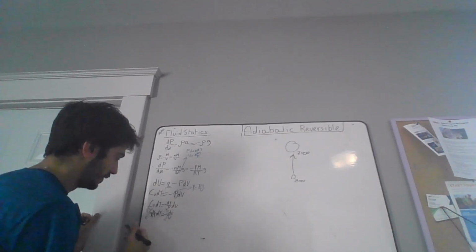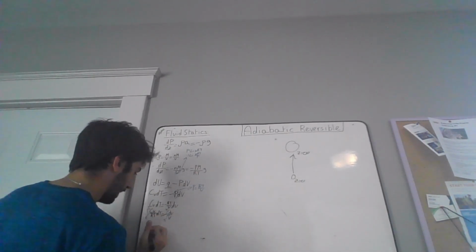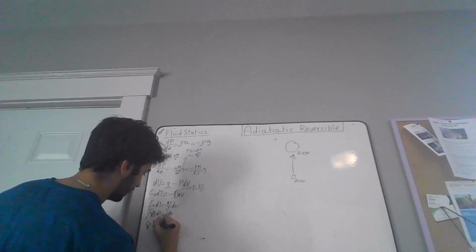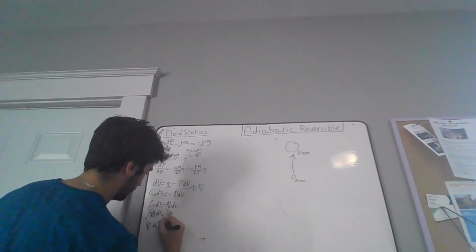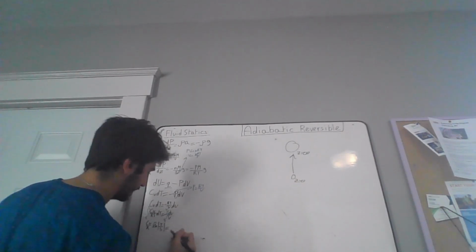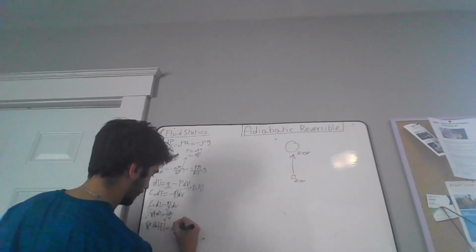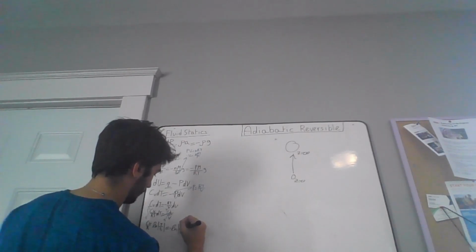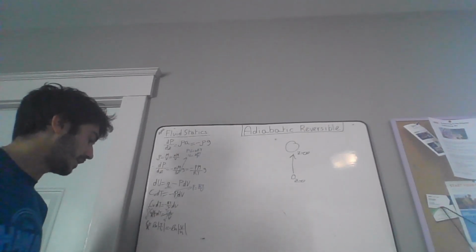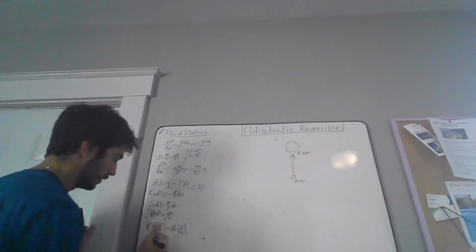So on the left hand side, CV over R is a constant, so that remains that way. So we have CV over R, and then we have the integral of 1 over T dT from T1 to T. So then we have the natural log, ln of T over T1, right? And then on the right hand side, same thing but with V, so we're going to have the negative natural log of V over V1. Right? And then we can go ahead and simplify this from basic algebra, so that we get